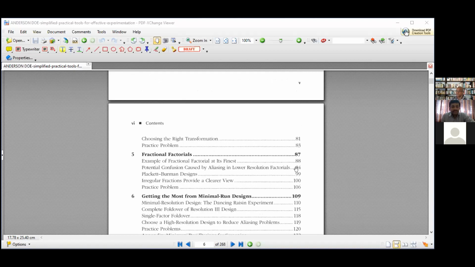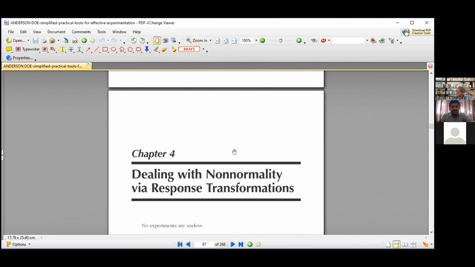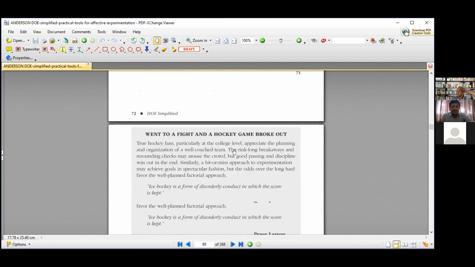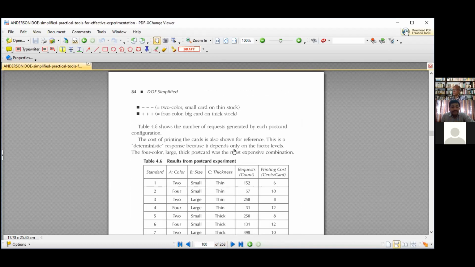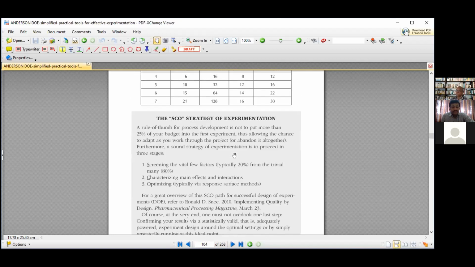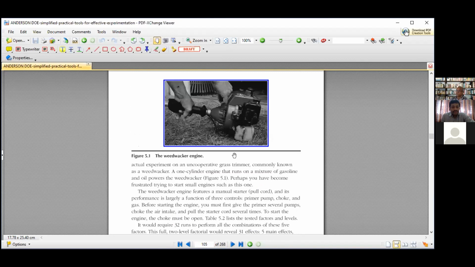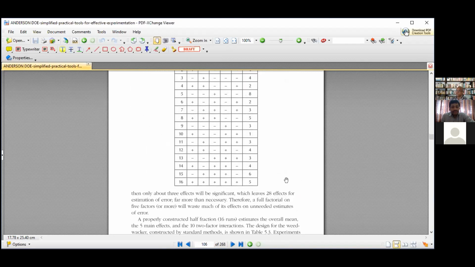Okay, so this fractional factorial is an important one. Low level, high level, and all.